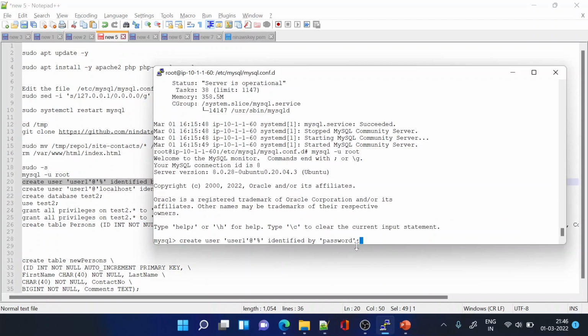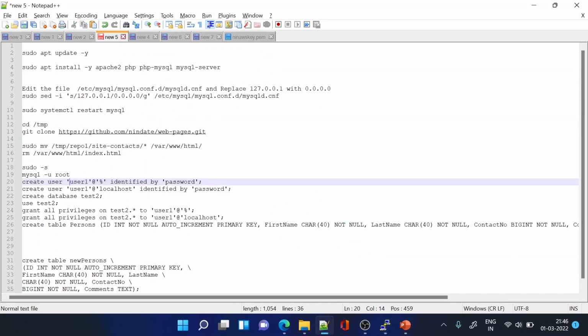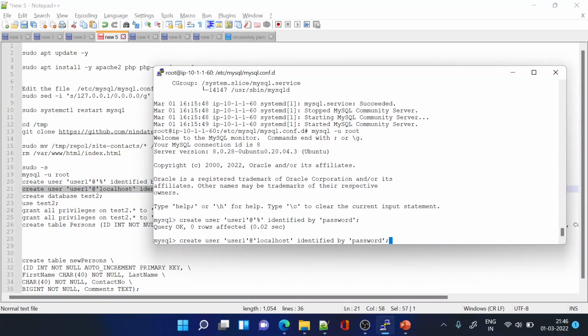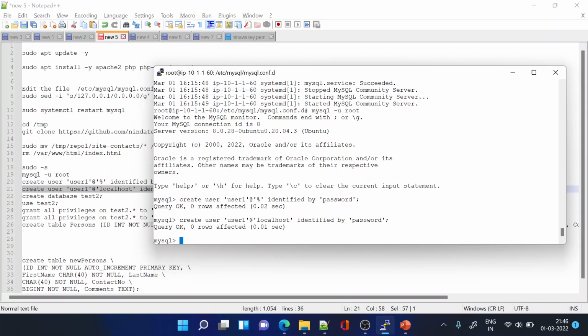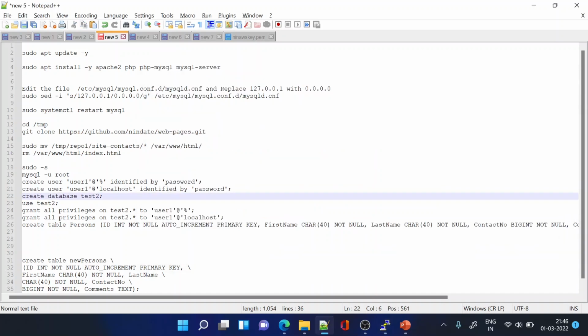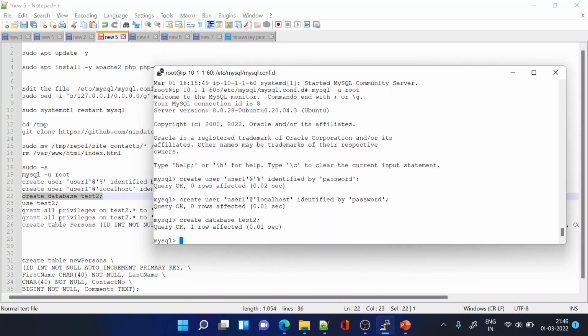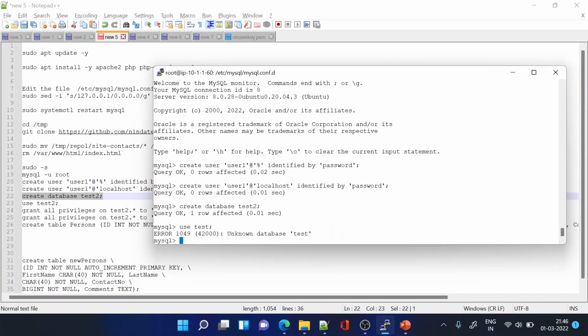Obviously in production you will go for some complex passwords. So I'm creating a user1 which will accept connections on localhost as well as from any IP address. Now I'll create a database called test2 and inside this database,